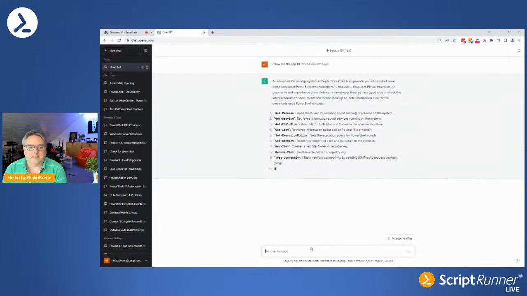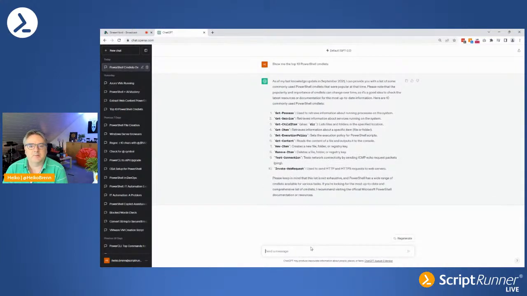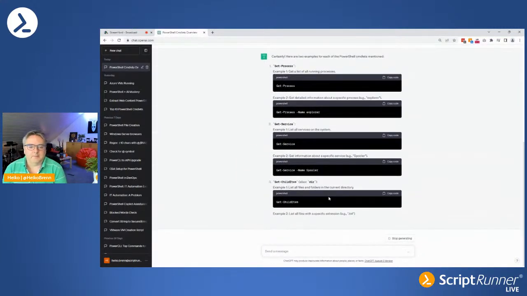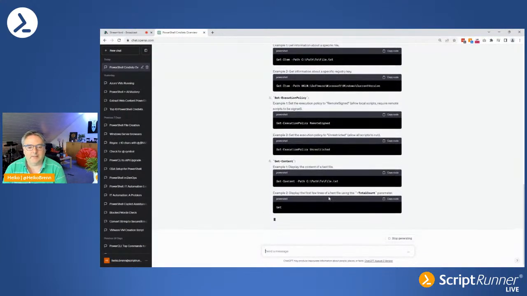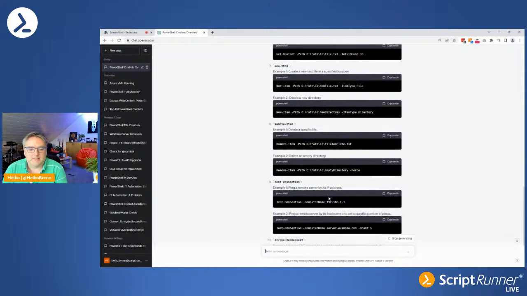A very easy beginning. Here we see we get some information about some commandlets, and we get some info already that the data was updated until September 2021. So that's the data that ChatGPT is providing here. We get some commandlets and some descriptions, which is okay. So we could say, maybe also show 2 examples for every commandlet. Then we get already some code that we could copy and start using in our environment. That's a very, very basic starting example of how to use ChatGPT in combination with